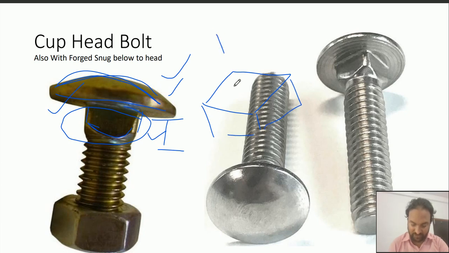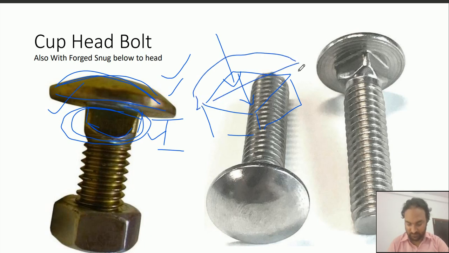when you insert the cup head bolt, this square section part will fit in the square hole. Okay, and then the head will be at the top. So this square section will sit in a square hole, and after that we will have a cylindrical hole, in which, if required, we will cut the thread, otherwise the bolt will cross the part and hold the part, and on the other side you will connect the nut.